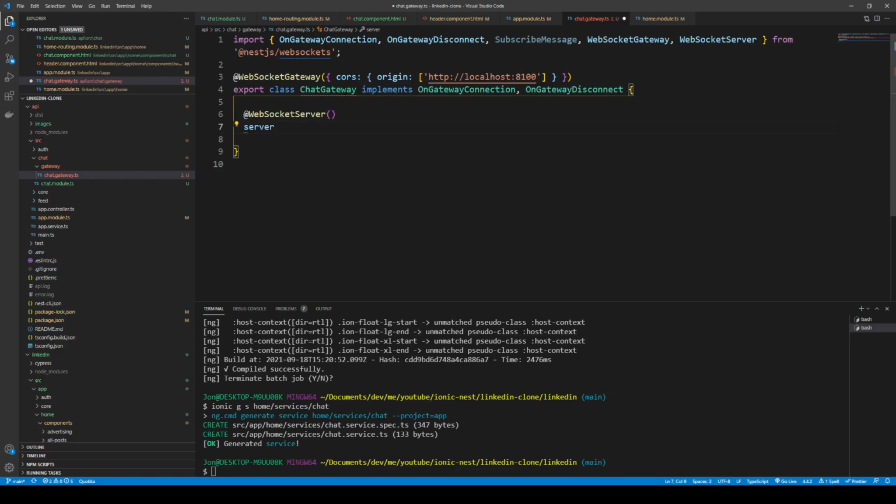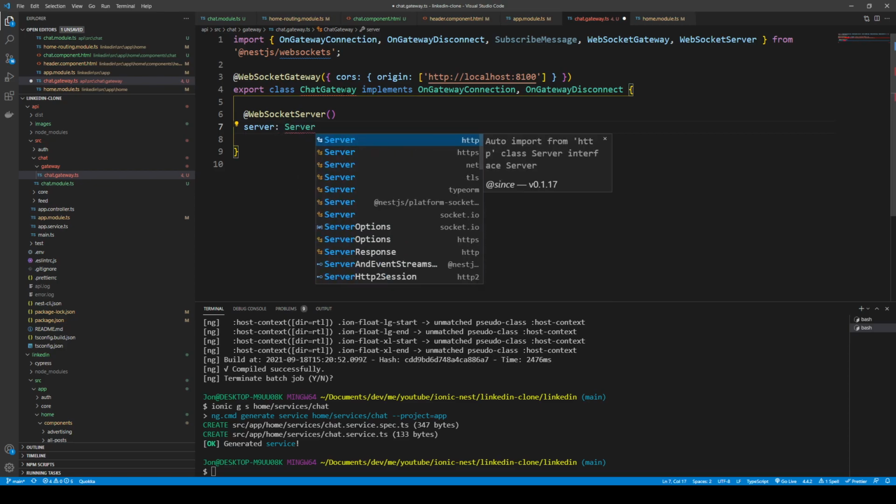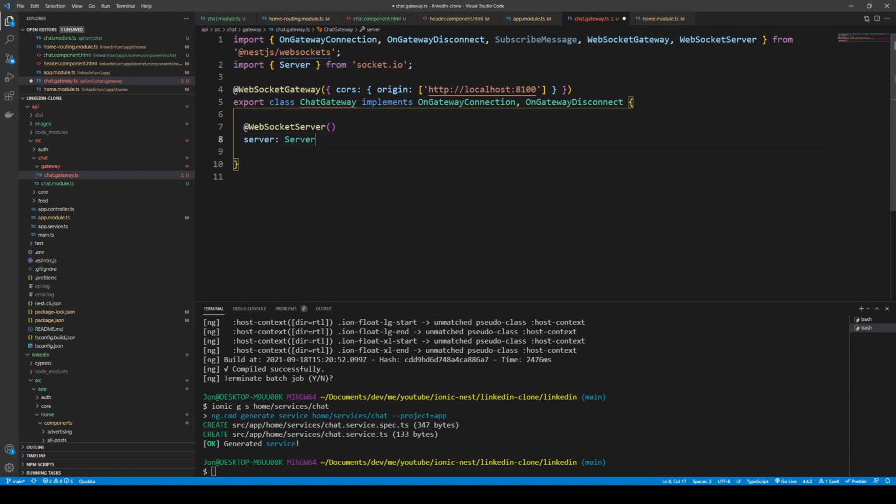Obviously you're making a request from the client, but then you're pushing something from the server to the client, sort of thing. So we're going to have a server type here, and this is going to come from the SocketIO package. And we'll use that in just a moment. But because we've implemented these two interfaces, we're going to need to actually have the method. So there's handle connection,